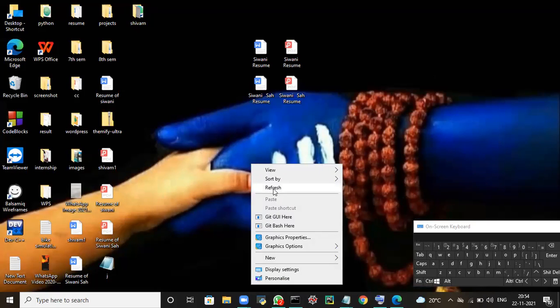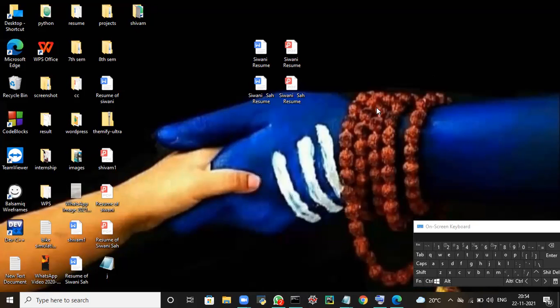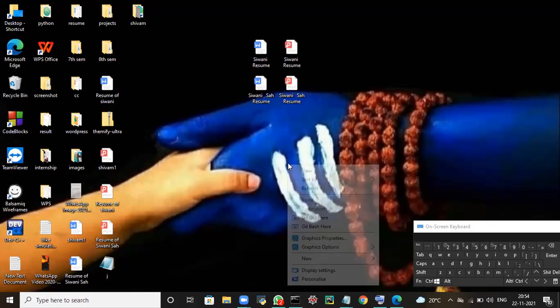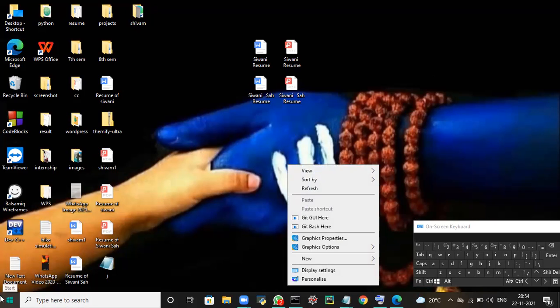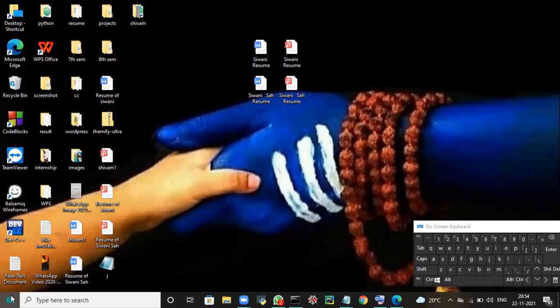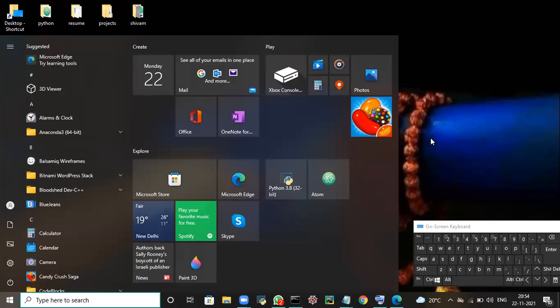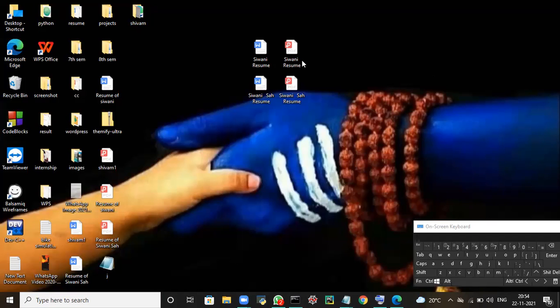The This PC option is hidden. Okay, we'll connect later to solve this problem. This PC option is not here, we have to enable it.